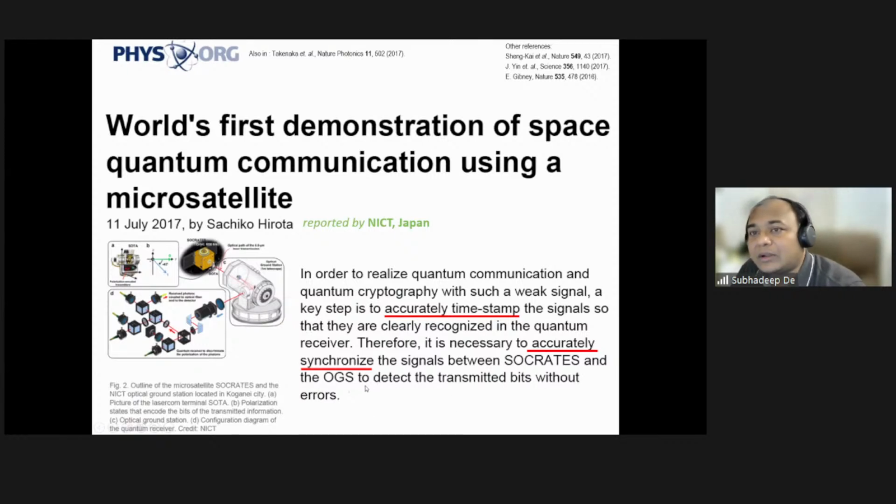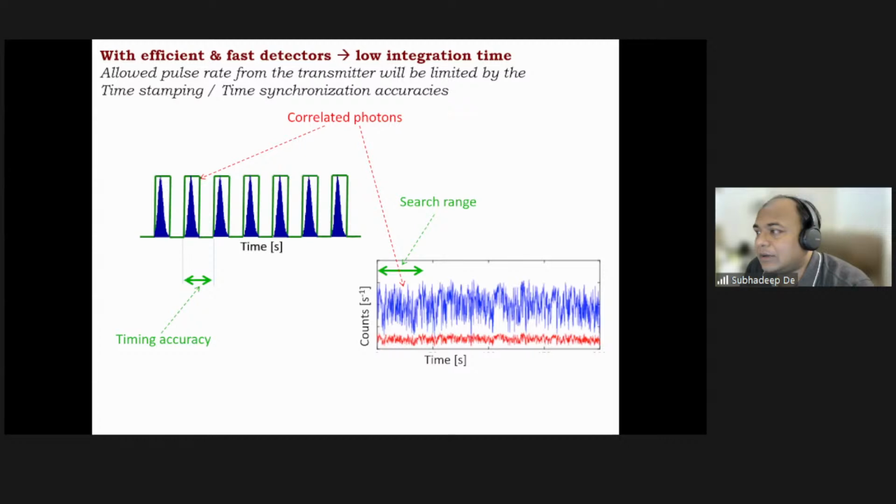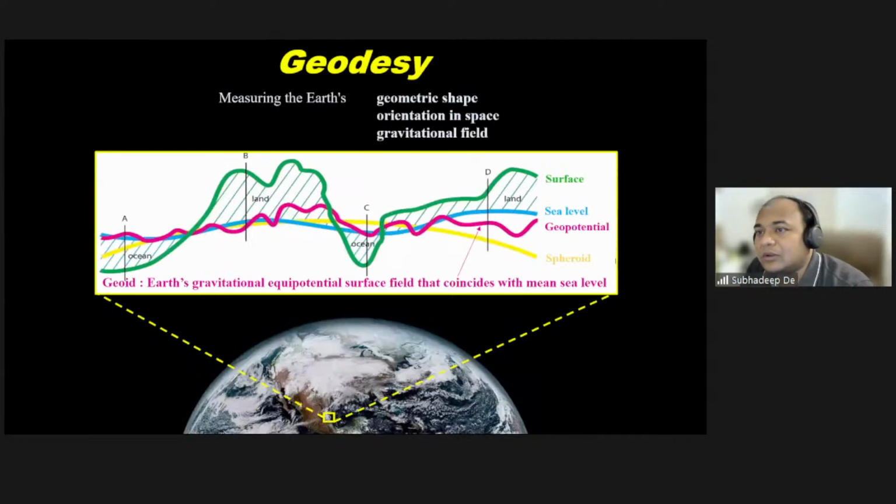So basically the point is, if somebody has to do quantum communication, either with satellite-based techniques or optical fiber based techniques, between these two locations, time synchronization and time stamping on the data is extremely important. One has to do it much more accurately than in classical communication. And the only way to generate that sort of accuracy, let me not go into these details, so let me skip. So now I am coming back to answer the question that I asked in the beginning,